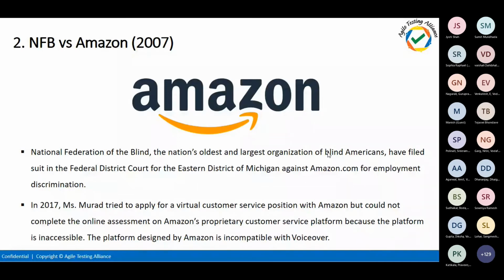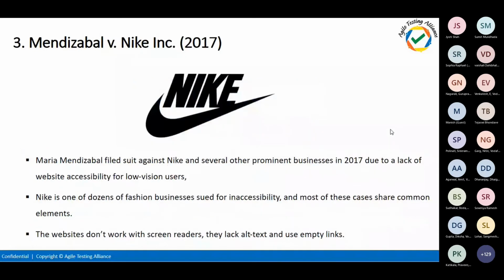This was also a famous one which happened in 2007, where the people could not even complete the online purchase, right? Then people can file a case against it. Even right now, Amazon is still inaccessible in many places, but not sure, no one has made a complaint again. So the next one is going to be Nike.